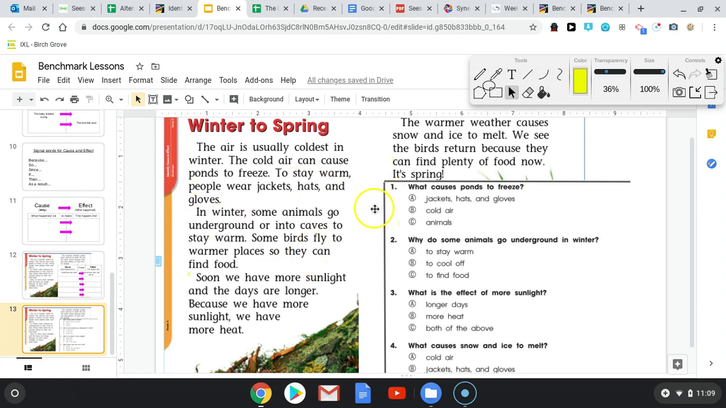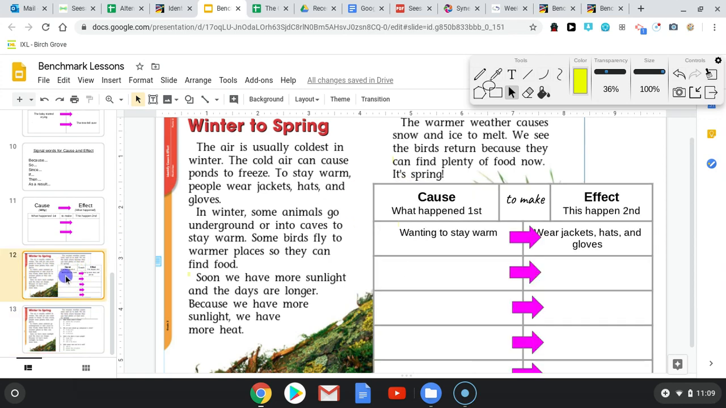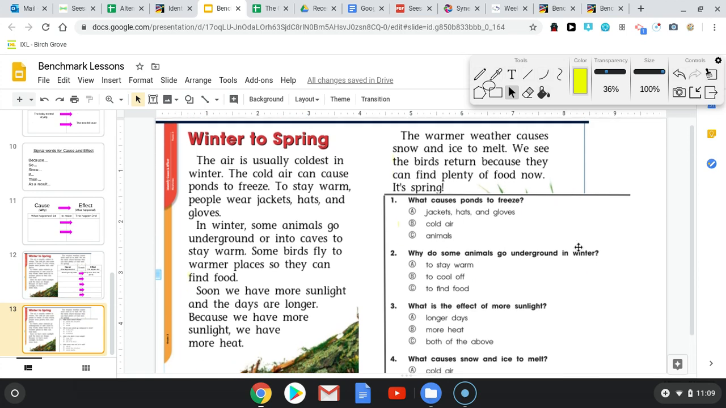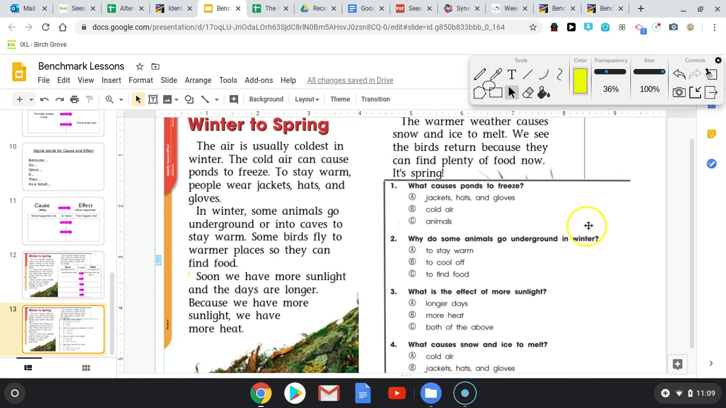So your questions are: number 1, what causes us to freeze? Before you pick your answer, highlight it in the text because that's your evidence to make sure you are picking the right one. Once you fill out your cause and effect on this sheet and you've done your answers, I think there's just 4 questions. Yeah, 4 questions on this sheet. You can turn it in to